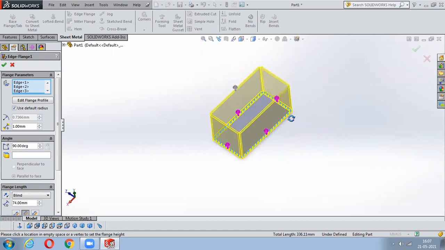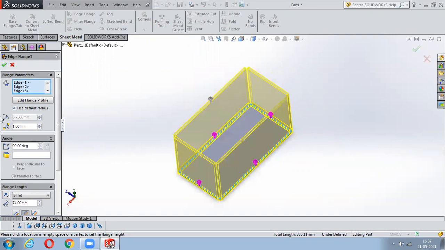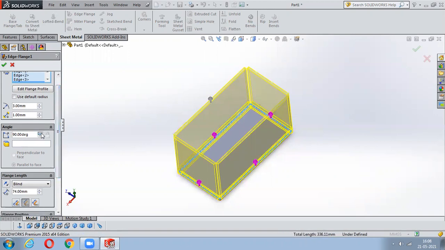Now, how you can vary this wall. See, this is very important. This is called the bending radius. The bending radius of a sheet metal should always be equal to or less than the thickness of the sheet metal. So what is the thickness of the sheet metal we have? 3 mm, right? Once it is done, you can now vary the angle of this wall.